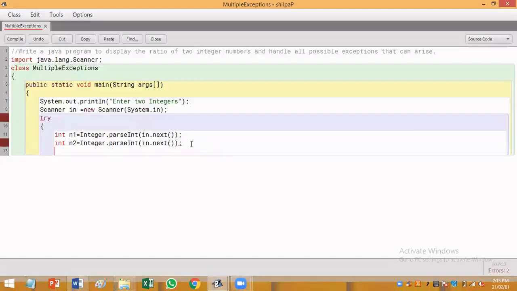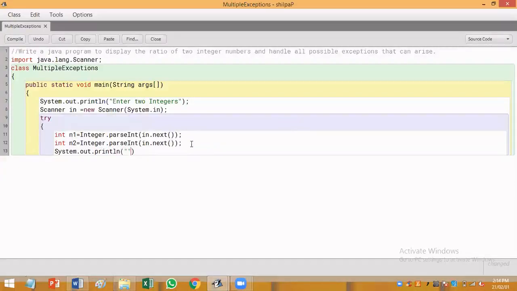Now, suppose the user has given a proper input, that means an integer number, then we have to find the ratio, right? So for that, I'll directly print the output by writing System.out.println.